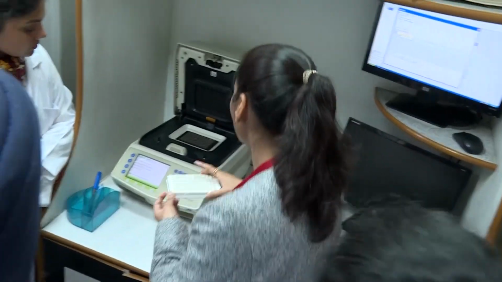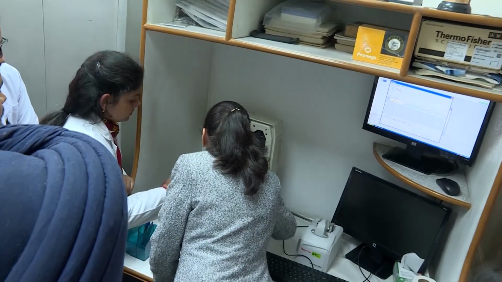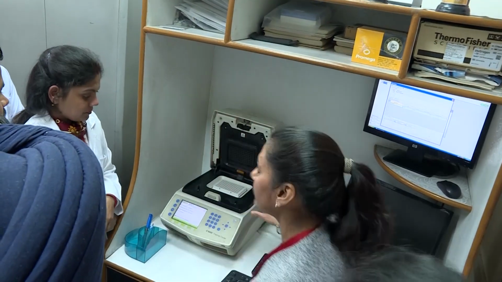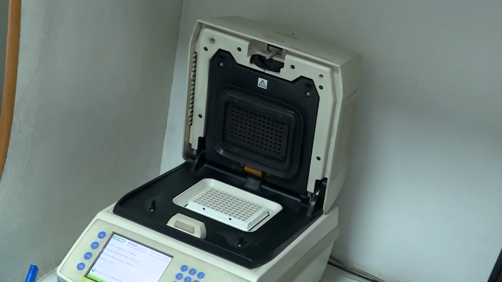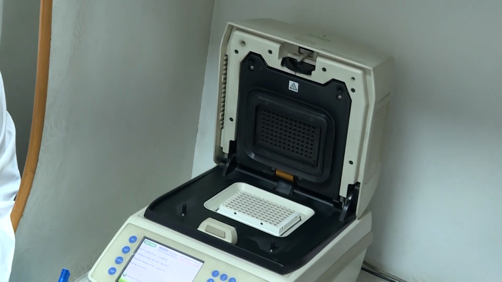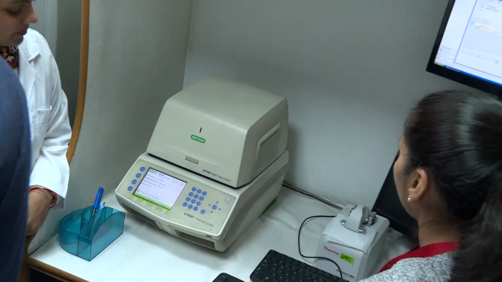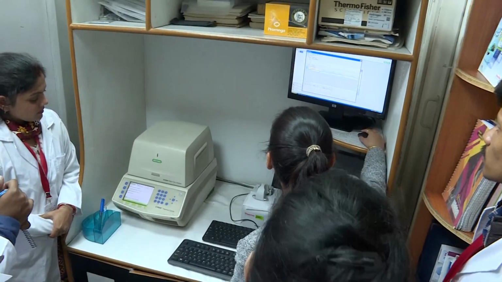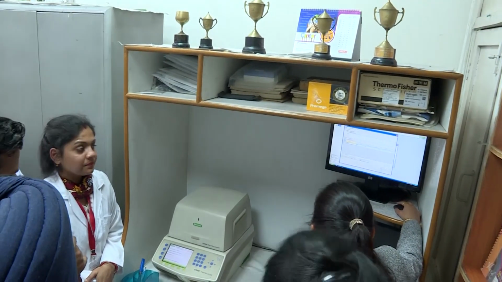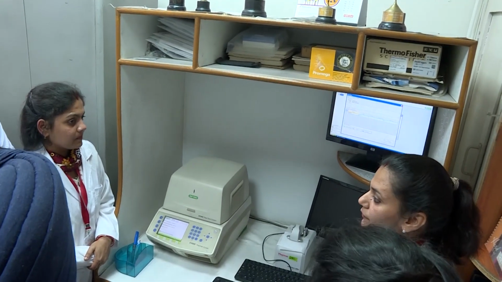We have to keep the plate in this way. Okay, now close the lid. Now the lid is closed, and here the start run icon comes. Okay, so we will